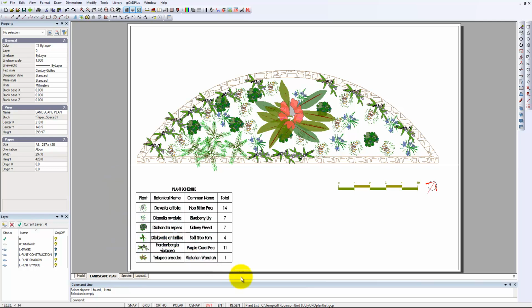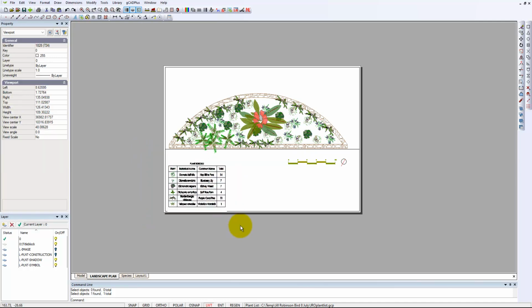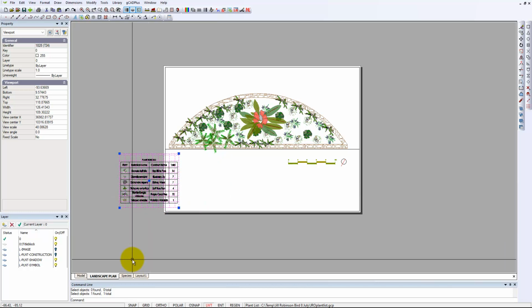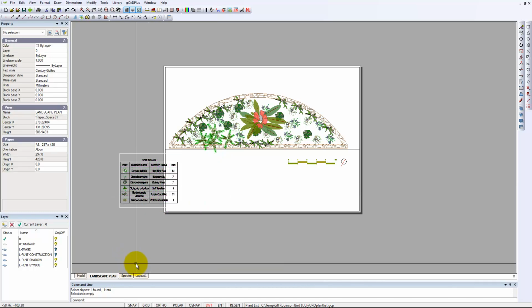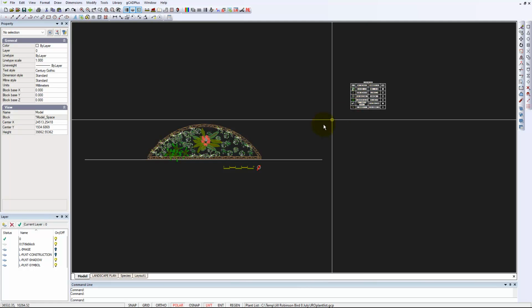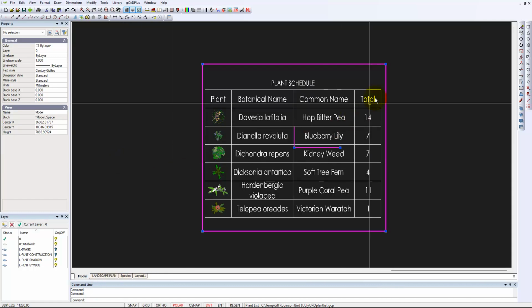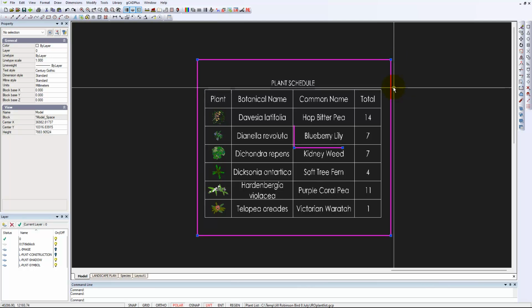We added a second floating viewport. I'll just scroll out a little and put an all-inclusive selection box, and we added a second one, and we put it in place because we wanted to zoom in on and present the plant schedule. The plant schedule, you may recall, we put well away from the main design. So we come back here and we were able to adjust things here. We could make that magenta box